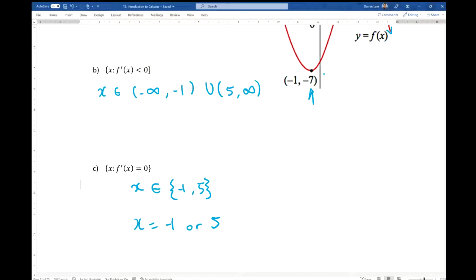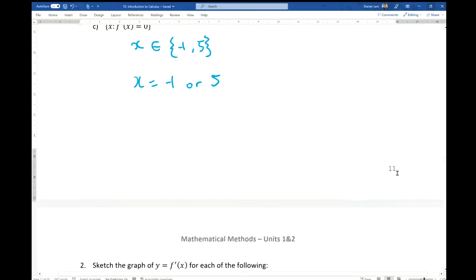Any questions? Okay. As a quick recap, of course, positive, negative, and equal to 0 gradients mean that we can identify different stationary points. If we want to find a stationary point, we just let the derivative equal 0. And of course, to identify the nature of the stationary point, we'll do that in the next exercise, okay? But I do want to focus on the next point, which is local versus global maximum. I'm going to skip forward to